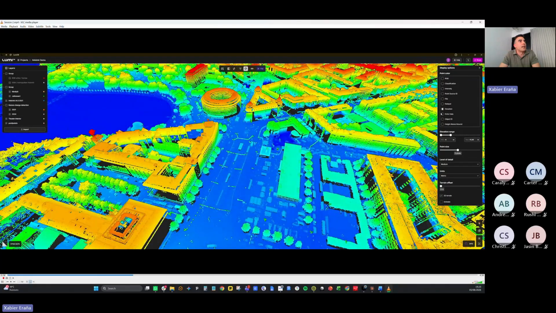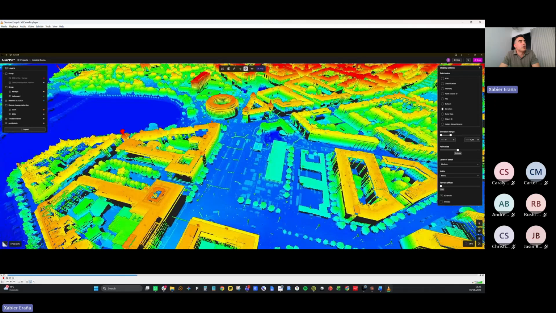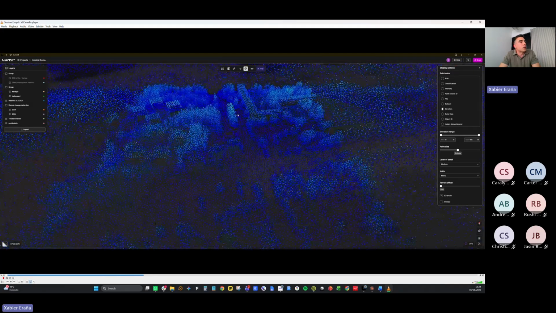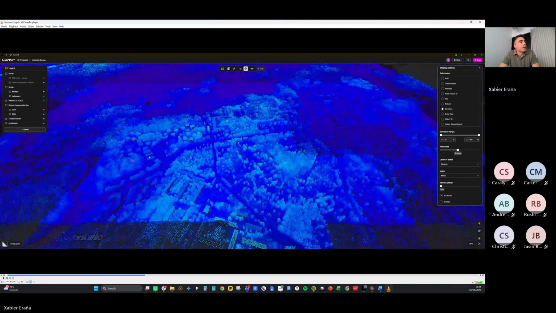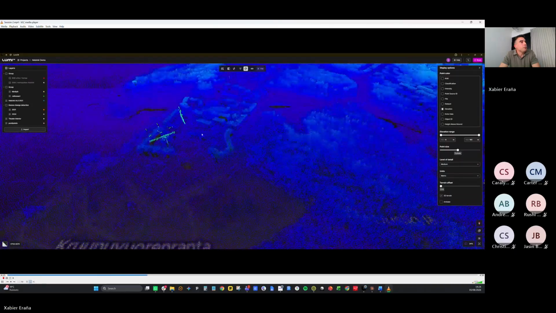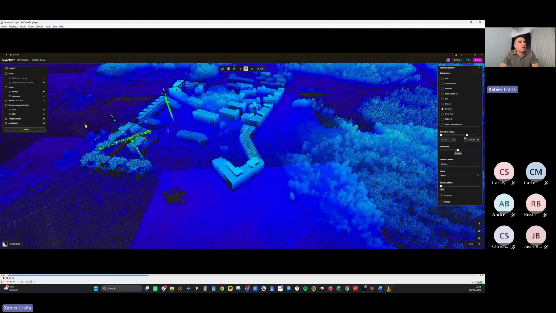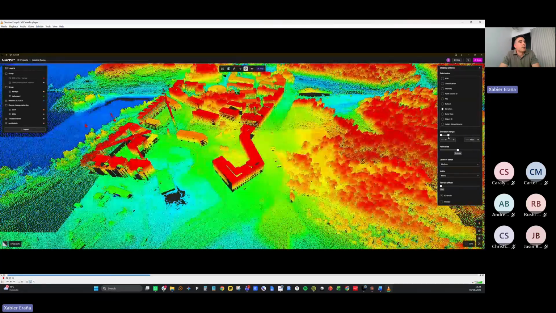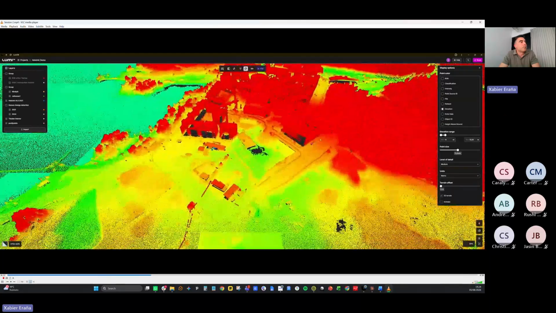There we see the points by elevation, and then there are a bunch of extra data that can be computed in your LiDAR processing software that can be visualized. We will look into that a little later. I can enter an address. I'll go to a recent construction area in the outskirts of the city of Helsinki. I'll need to change the elevation range to display things a little more clearly.